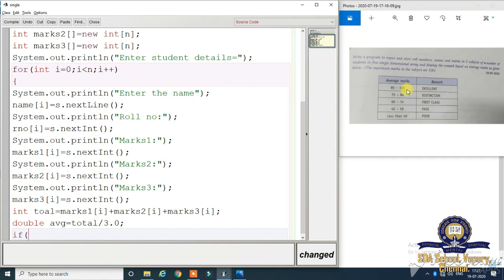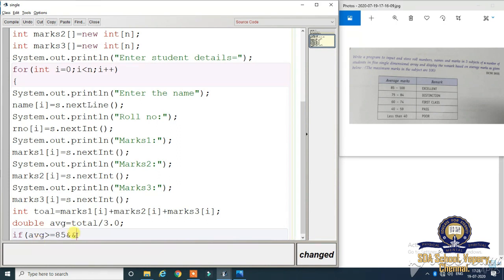So the marks should be above 85 and below 100. To write that, average is greater than or equal to 85, and here we are using the AND operator. The AND operator represents that both statements should be true.